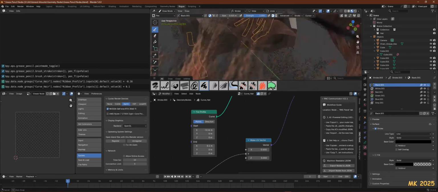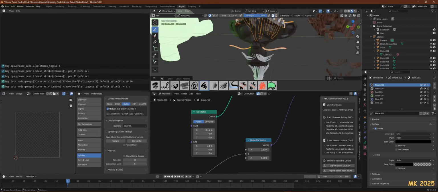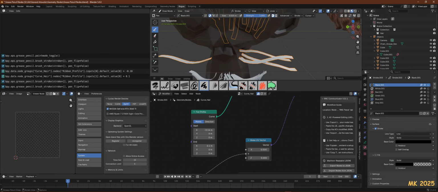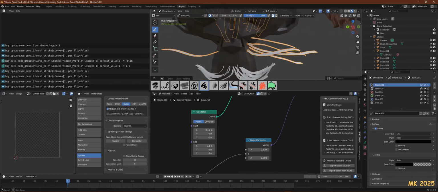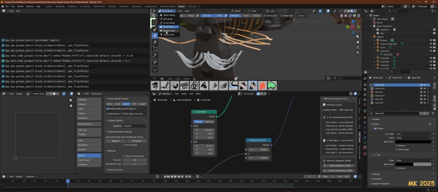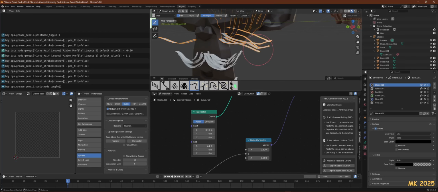As you can see, it's just like a wire with grease pencil, but here it works with a 2D plane, and you can erase, you can sculpt it,